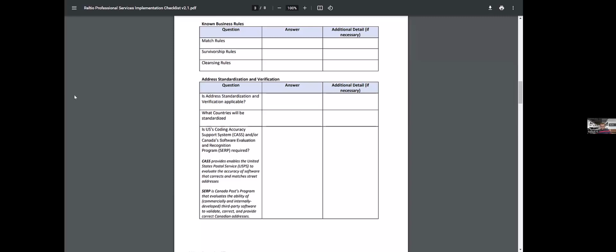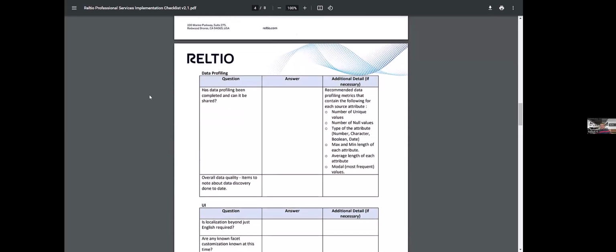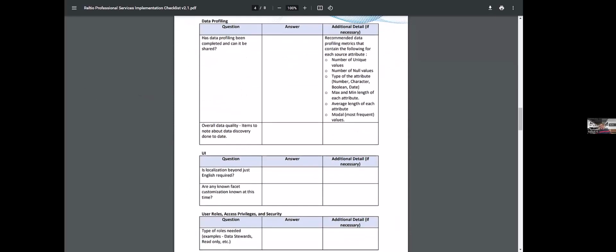Moving forward, Stanley, if you scroll down, the next big thing, while we figure out all these rules, there's another activity called data profiling that we do in parallel. That's basically an activity to understand how good or bad the data is. Again, Stanley will be talking about the data profiling in a few minutes.